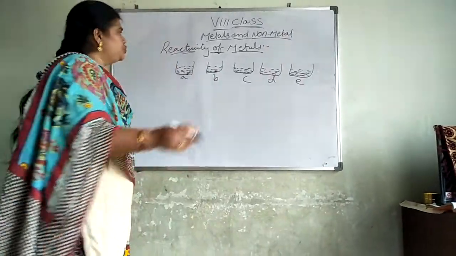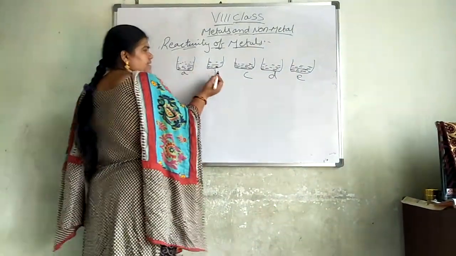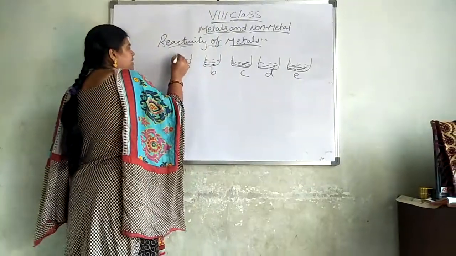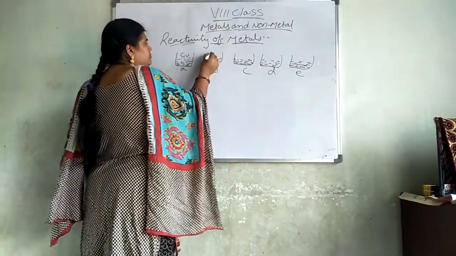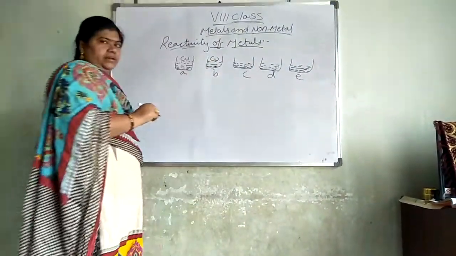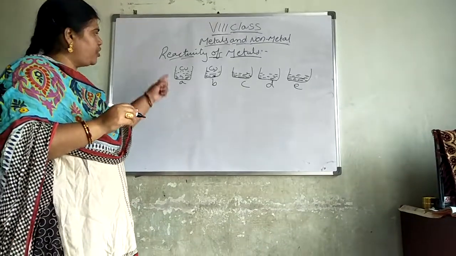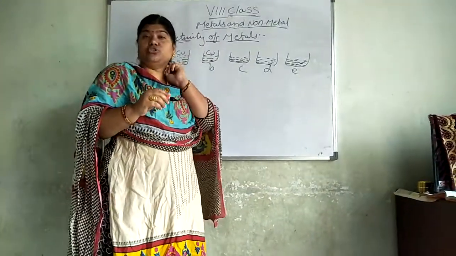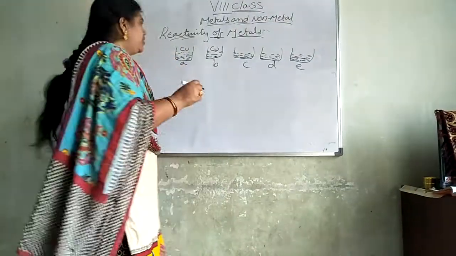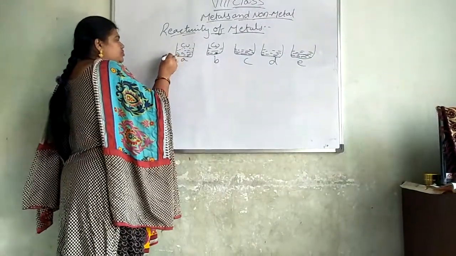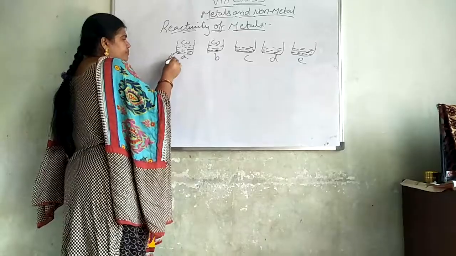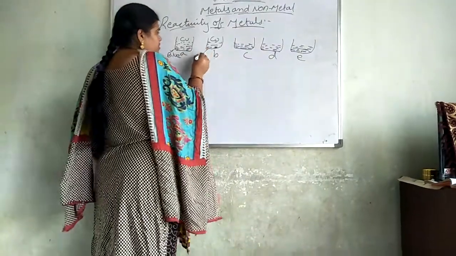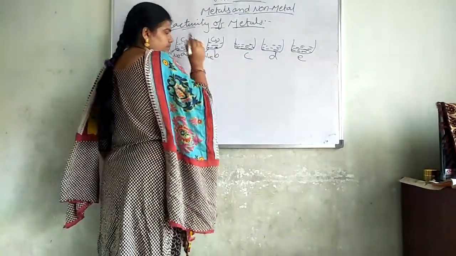In the first 2 beakers, A and B, you are adding copper. What are you adding? Copper. The symbol of copper is Cu, you know that one. When I add copper salt to this water, the color of the water will change to blue. The color of the water changes to blue.